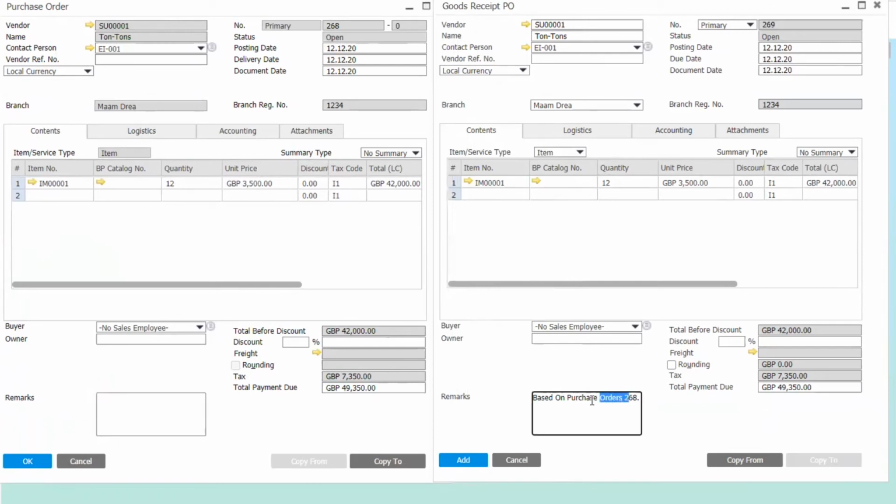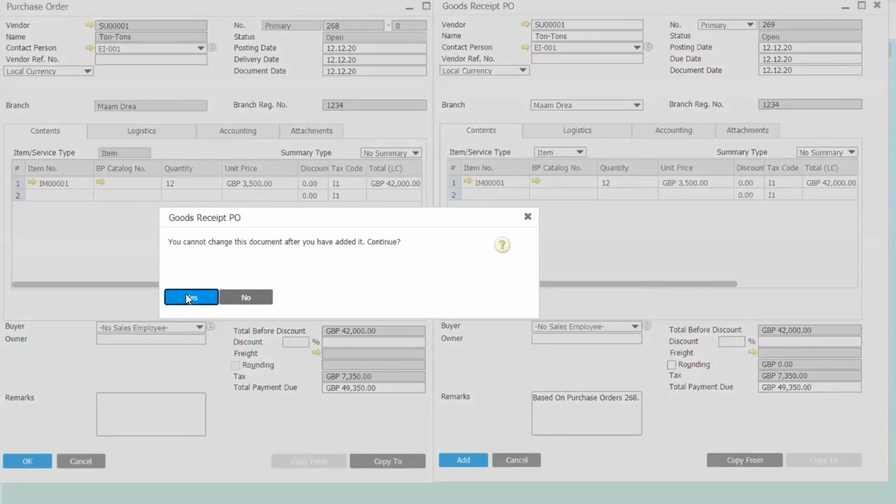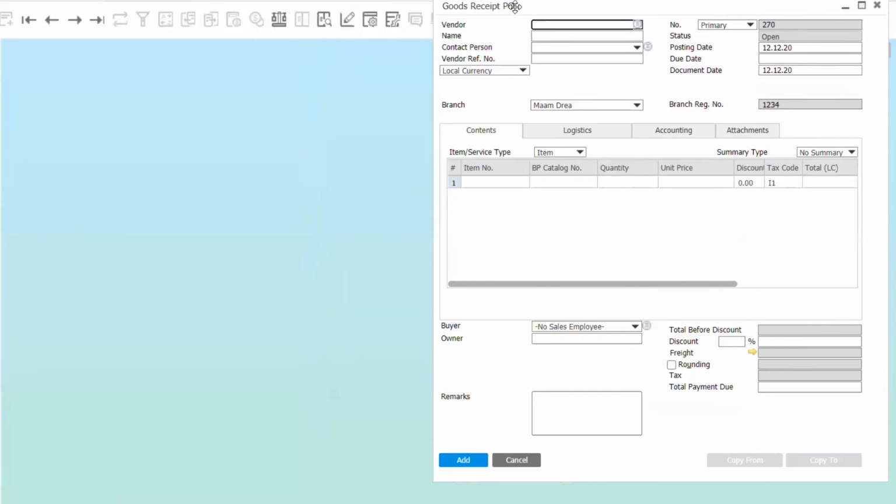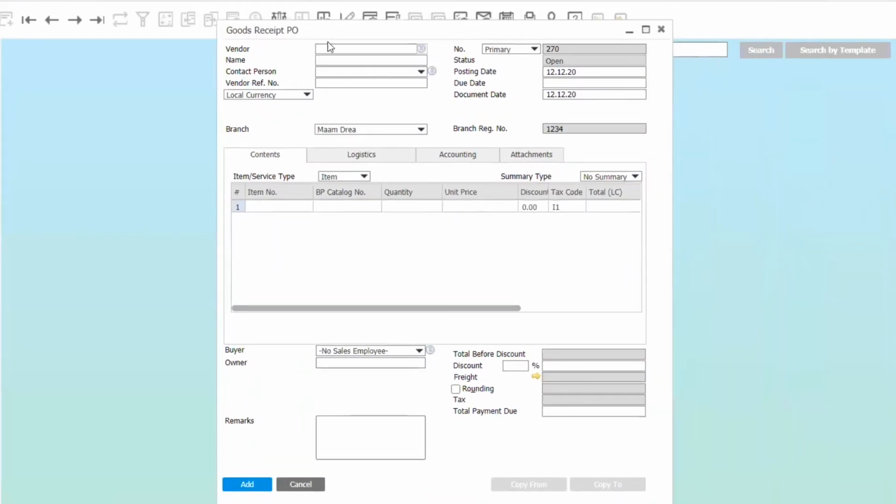And then for reference, para makita natin kung nadoble ba natin yung ating purchase order, 2.68. So, add mo lang siya. And then, yun, tapos na ang ating step sa paggawa ng GRPO. Yung next process, kapag gagawa naman tayo ng AP invoice,